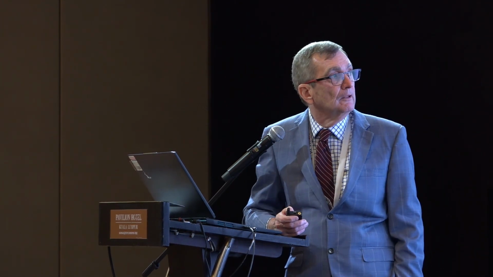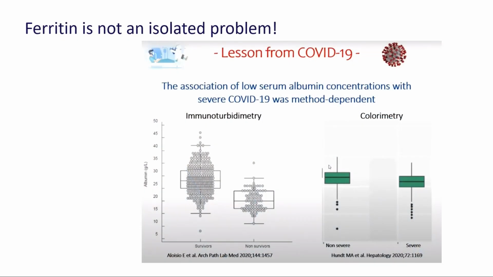And this is just more data from a paper which shows the same sort of thing where the cut-offs are, and you can see by the number of dots that depending on the method, if you're an unlucky dotter, you're going to be iron deficient. So it's a problem for ferritin, that's an immunoassay. Is it a problem for other methods?